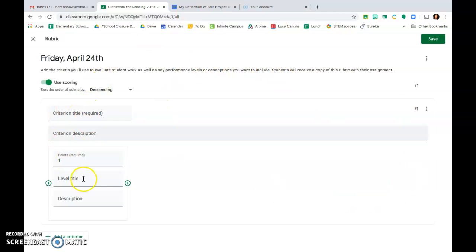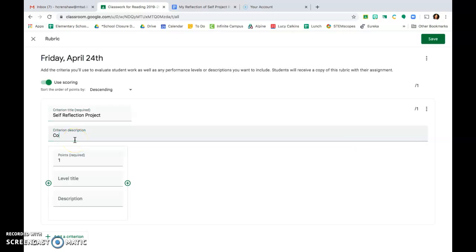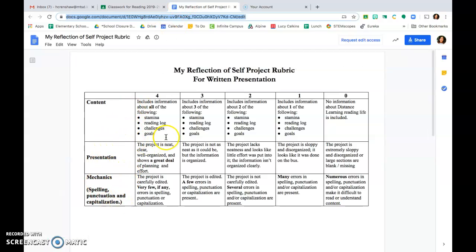Once I create a rubric, it's going to open up this screen that is going to allow me to add that in. So I am just going to title this rubric Self-Reflection Project, because that is required. Now I can add some information for my first criterion. If I look at the rubric, the first level that they're going to be graded on is content. Now this isn't required, but I'm going to put that in just so I can keep track of all three different